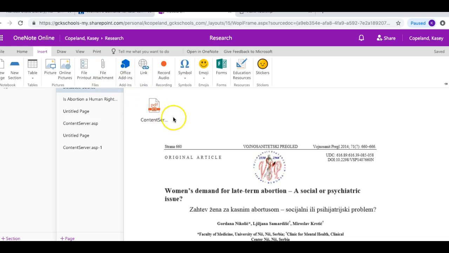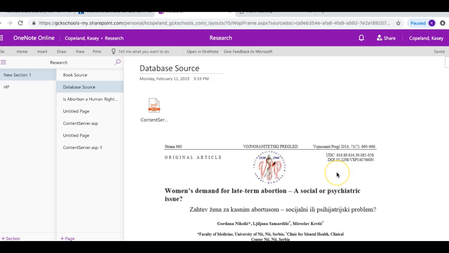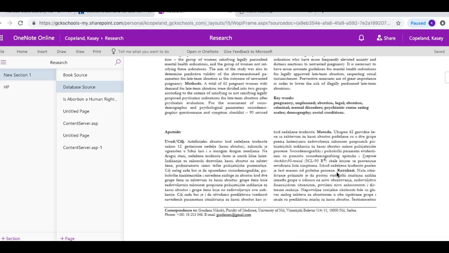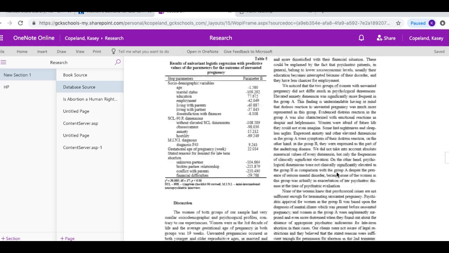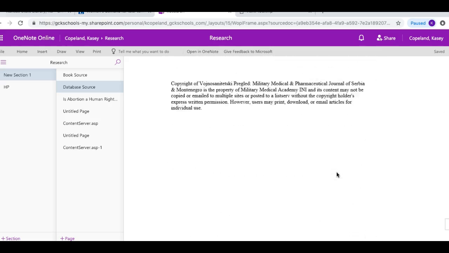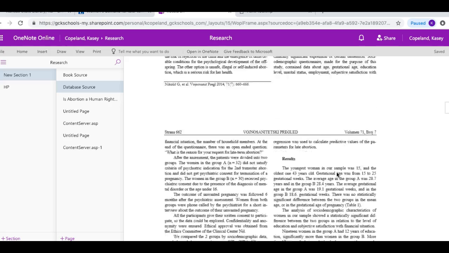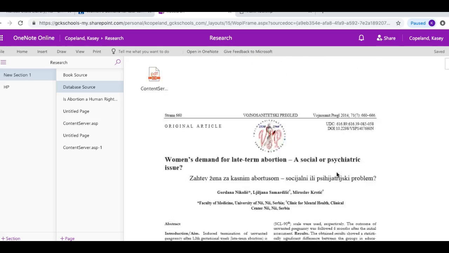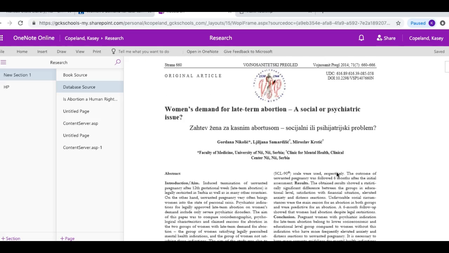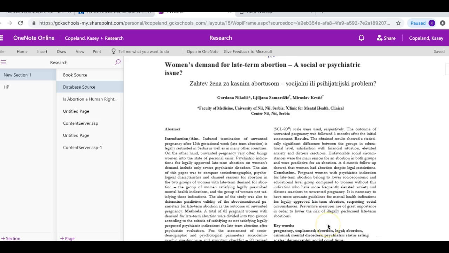The attachment will just show up like this, so you need to make sure that you choose a printout. And here we have the whole article, just like it would be on your iPad with all the sources and everything like that. This is where you're going to be able to skim through it, the English part of course,